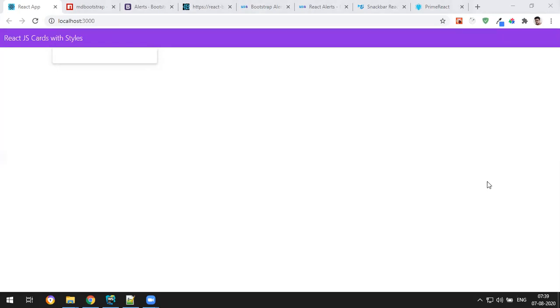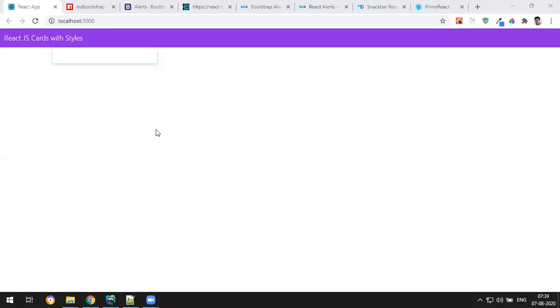CDN will give you the static version. If you use NPM, you can update automatically using the command npm install. So the better thing is NPM. And sir, how can we share the React project through our own NPM? I'll tell you, that is out of syllabus. We'll discuss this later.